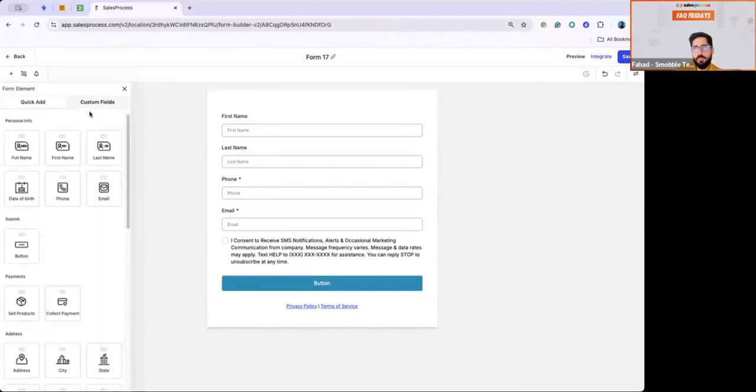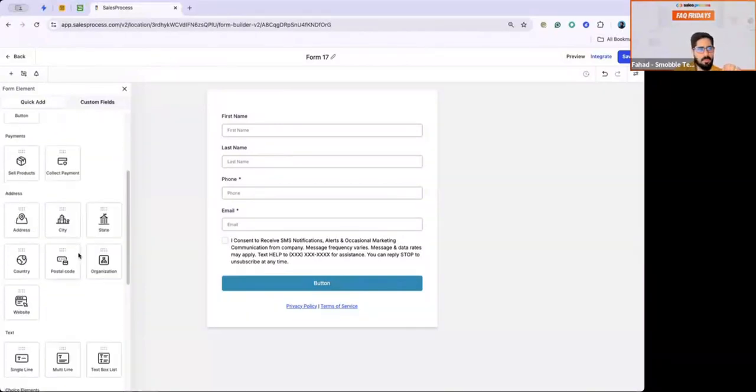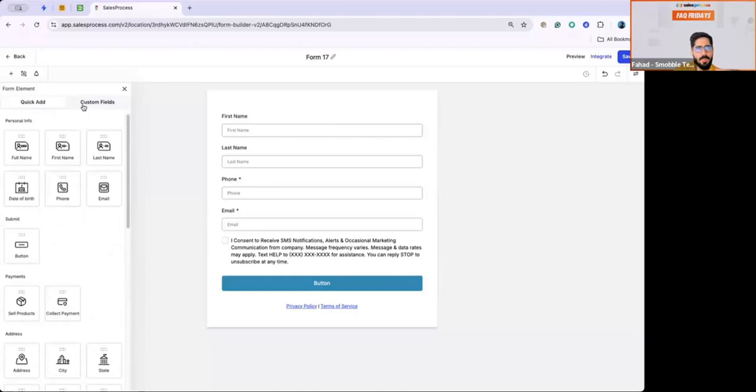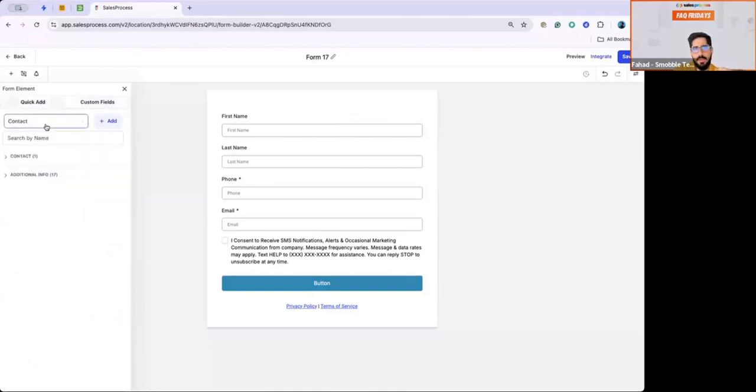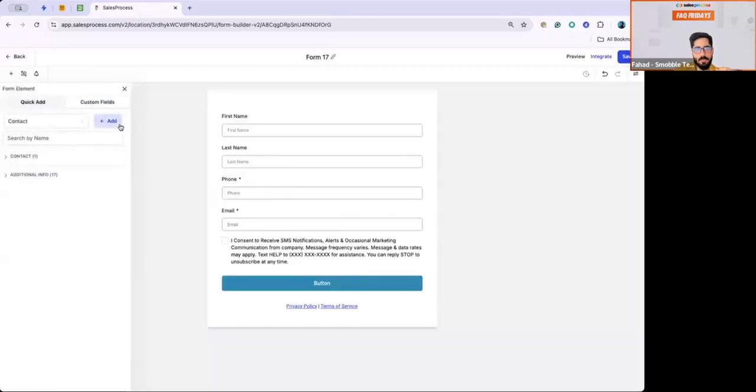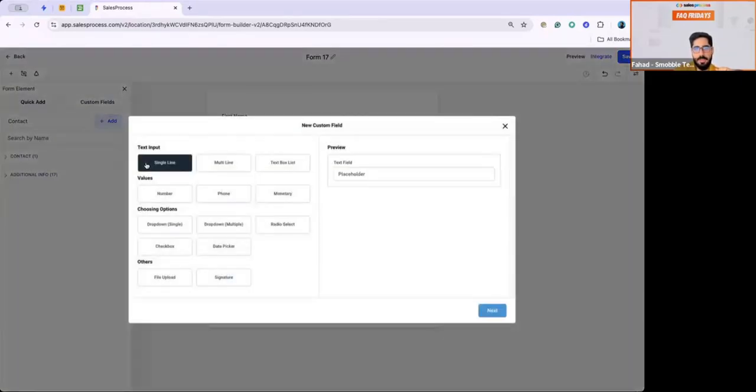Okay, so there's a field you'd like to have, for example, blood group. That's just an example. I don't think there's any blood group field here, right? So what we can do is add a custom field. In order to add that, I'm just going to come to custom field, click on add,